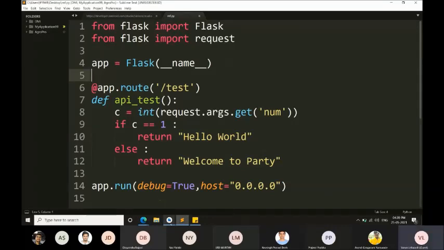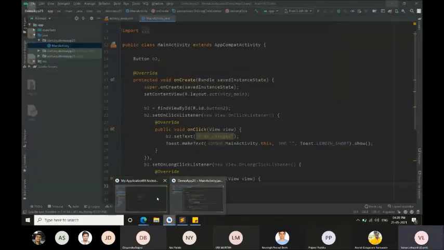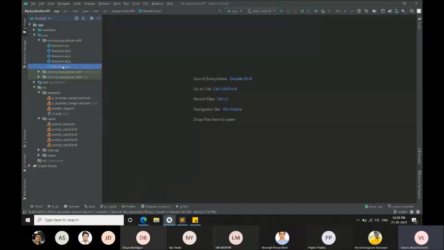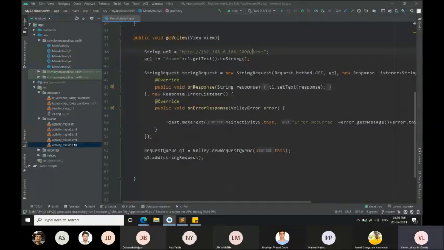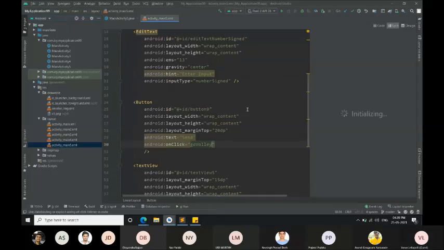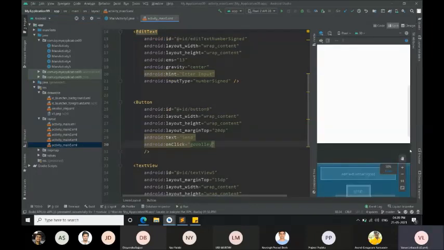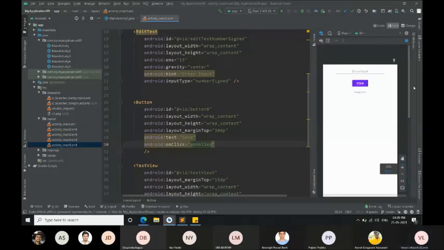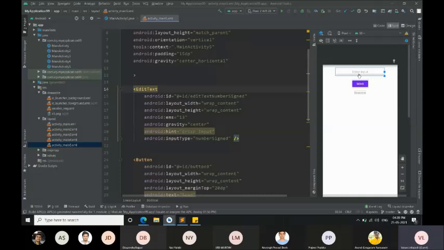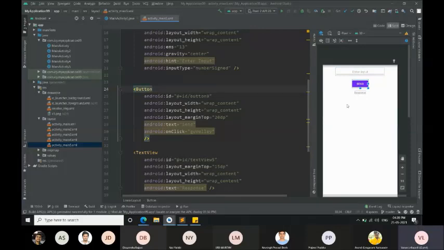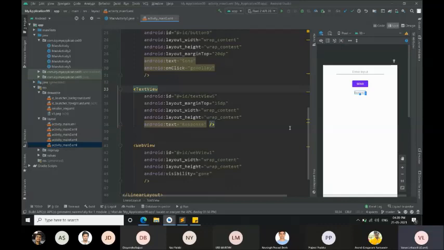To understand this, I'm parallelly opening the web service screen that I have developed, that I showed you in the app demonstration. We saw this earlier during the app demonstration. I have not shown you the code, but I have shown you the screen. In the input, I can send some input to the web service, and after clicking on send, I can get some output from the web service and show it in this text view. That is what this does. We don't require this web view, it is not required.